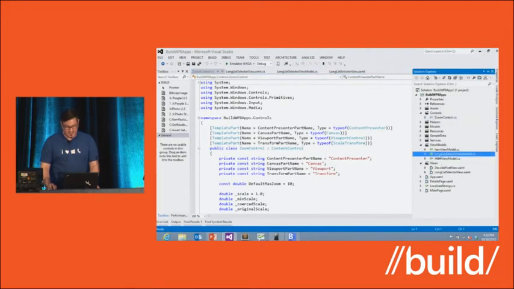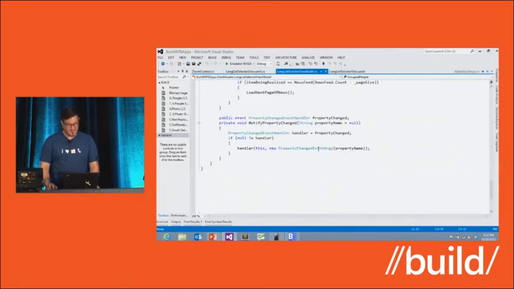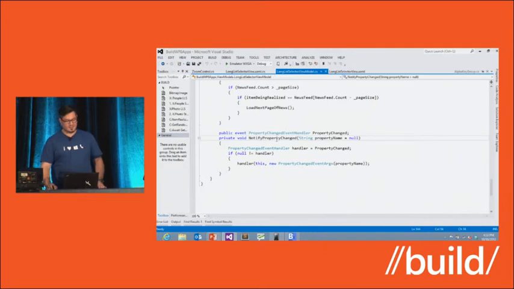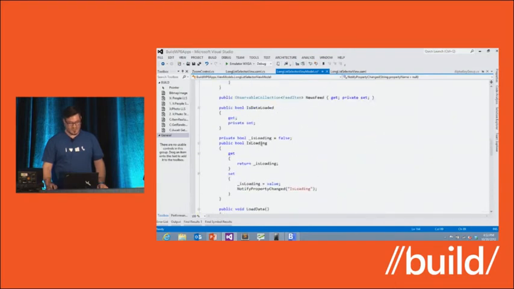Code is worth 1,000 boring slides. The way to use it is, almost every view model has something down here that looks like this: notify property changed. You can make your life much simpler by just saying caller member name. It has to have a default value, so I say null. And now any place where the property change is going to be the exact same name,